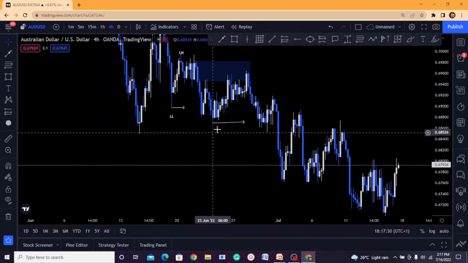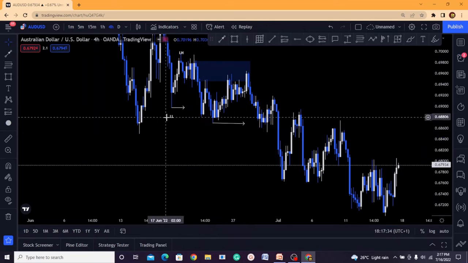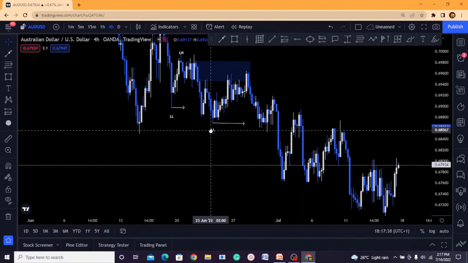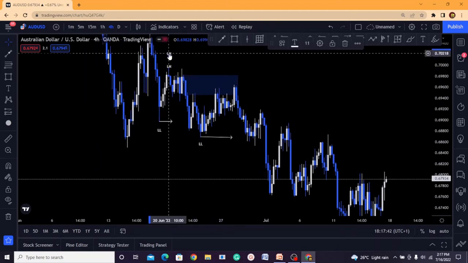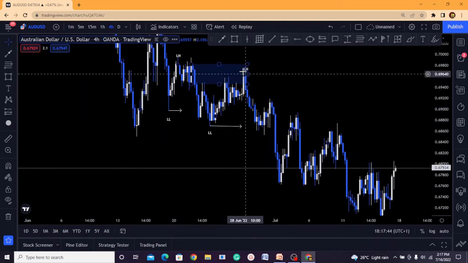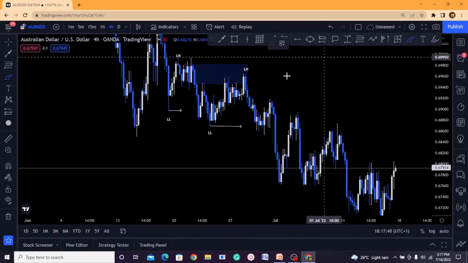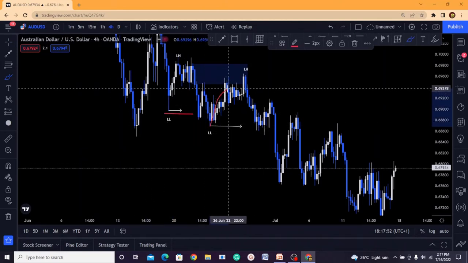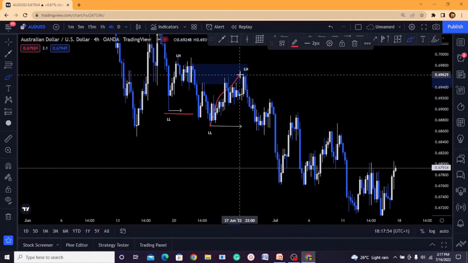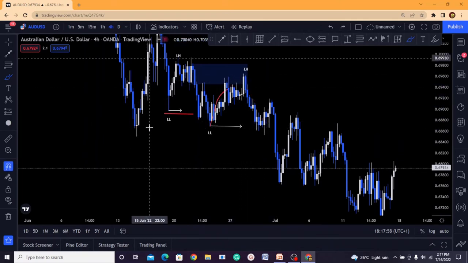And the market made a new low here to give you another lower low. And this is another lower high. So after the market pushed up here, after taking out this low, the market rallied up and created a base on the low and dropped. So after the market did that, the last